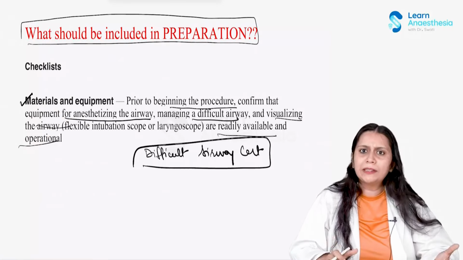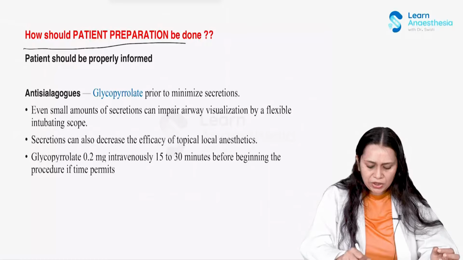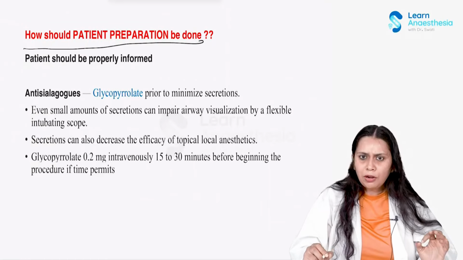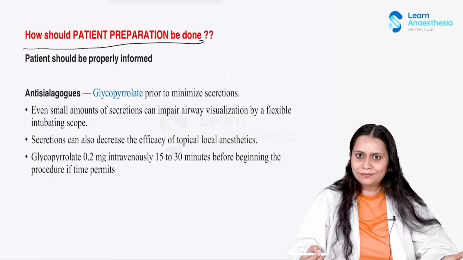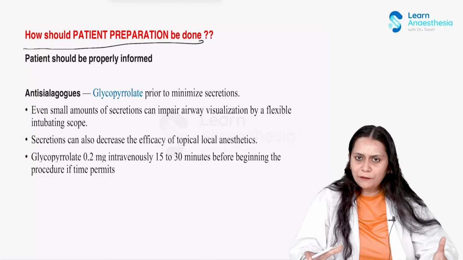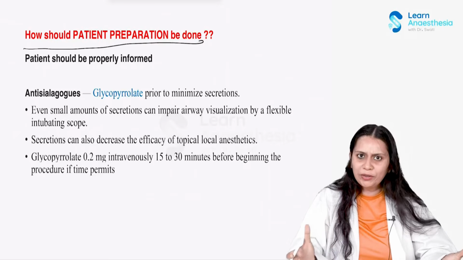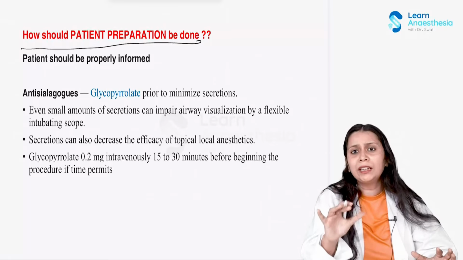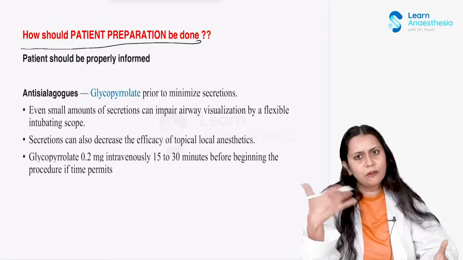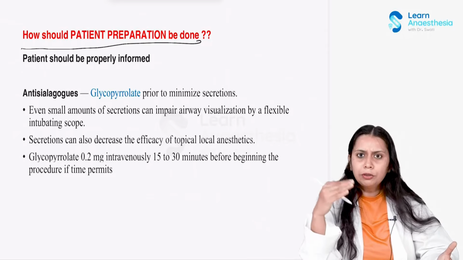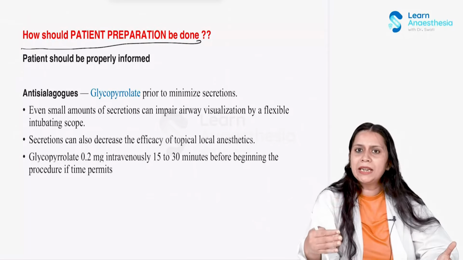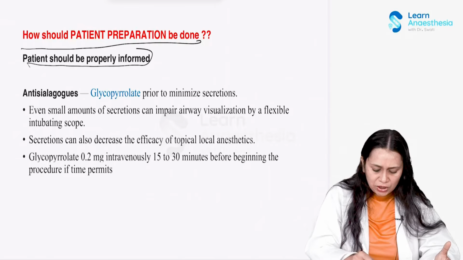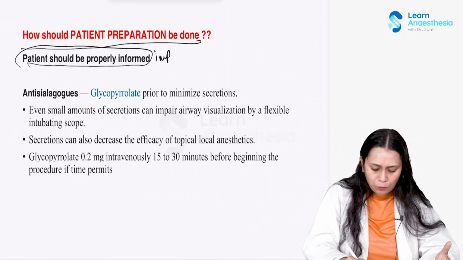Now, how do you prepare the patient? The next question is, how should the patient preparation be done? So, for awake nasal fiber optic, what preparation do we need to do in the patient? There are a few important drugs and a few important local applications that we have to practice, and a few blocks which we can practice in these patients. First thing, whenever you are going for awake endotracheal intubation by fiber optic or video laryngoscope, any device, you need to properly communicate with the patient. So proper communication with the patient is of prime importance.